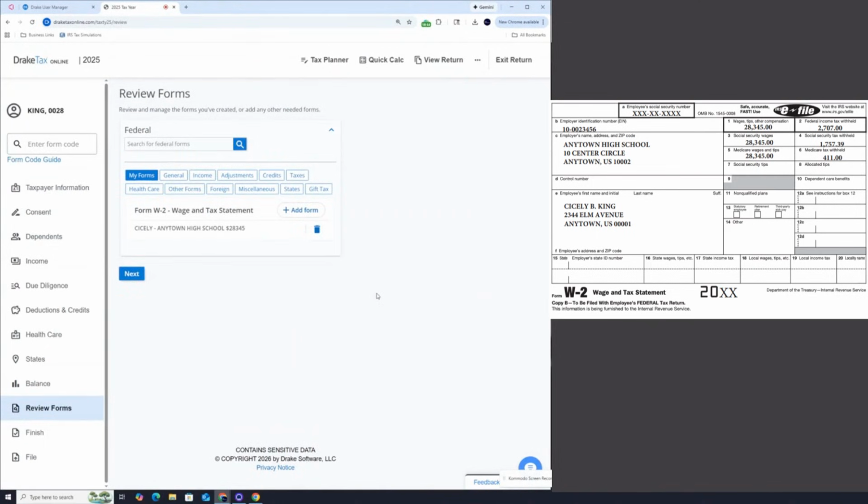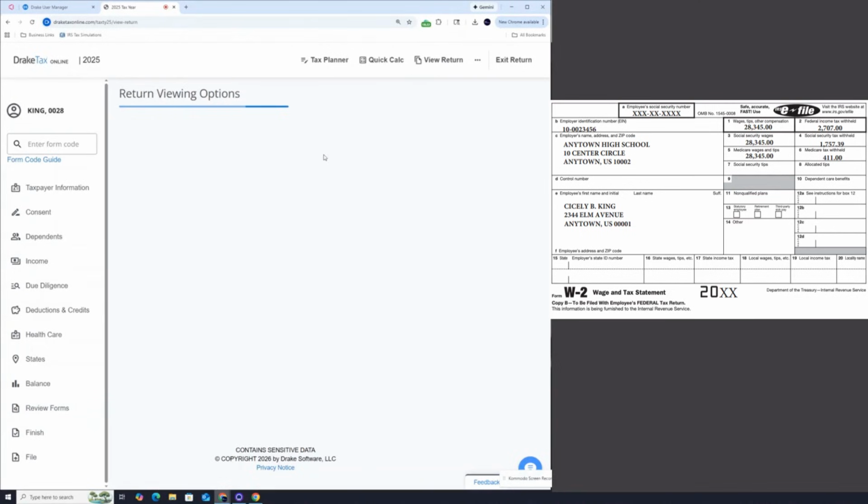And we're pretty much done. We're pretty much done with the return. And I'm gonna show you how it looks if you have to print it out. When you click view return here, it'll bring you to this, and you click create PDF. It takes a couple of seconds, and then it says your return is ready. Click view return,